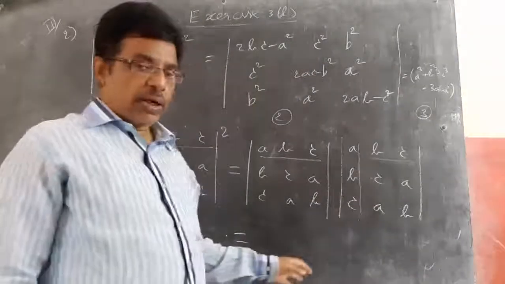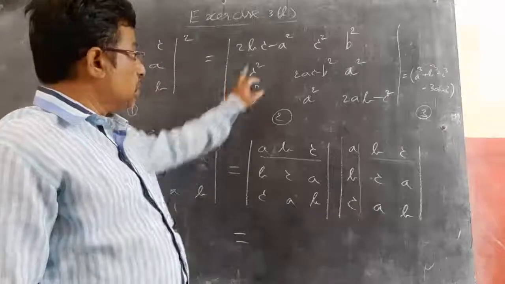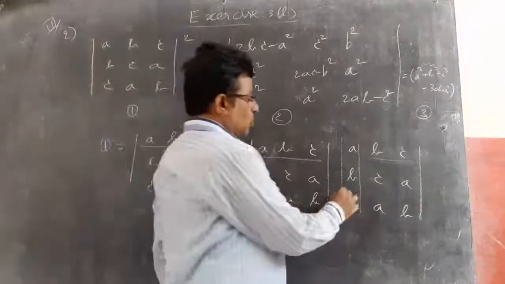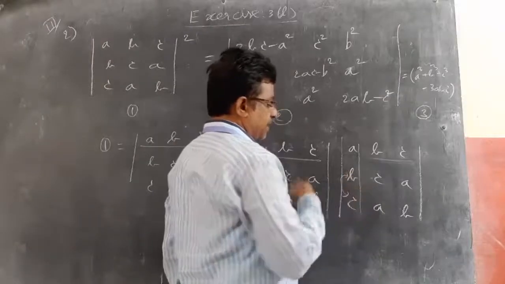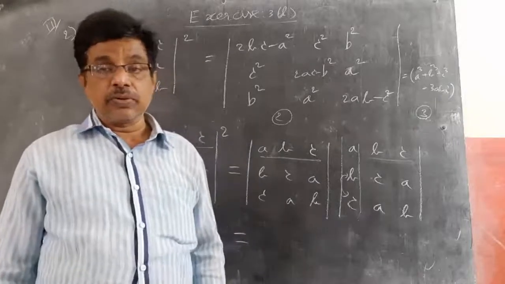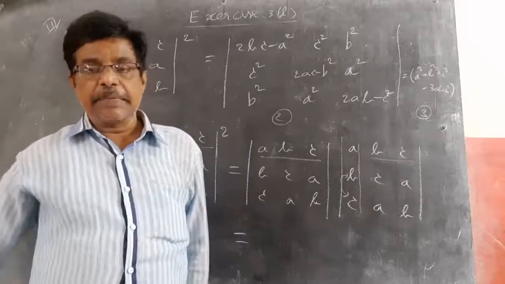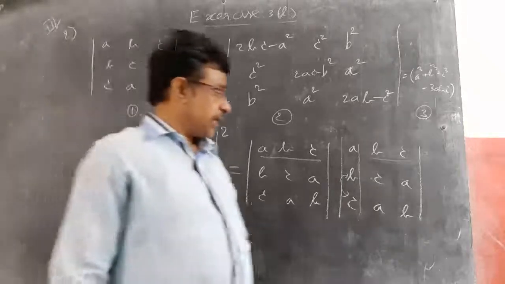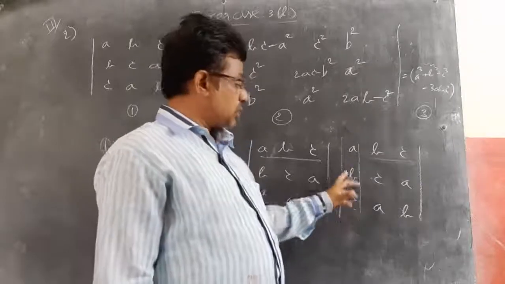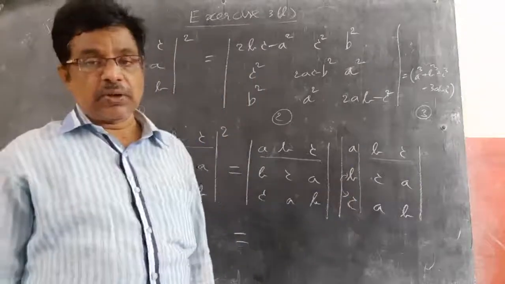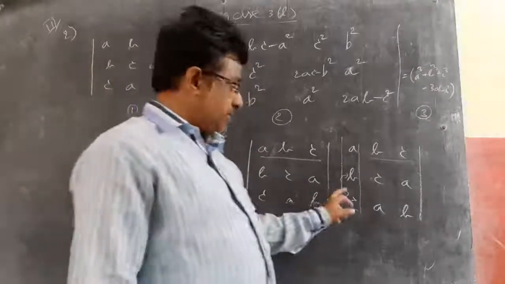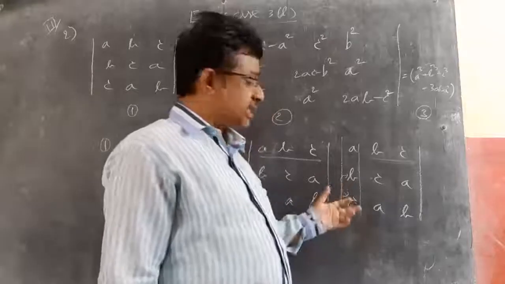So if you do direct multiplication, you won't get this result. To get this result, if I interchange these two rows, if I apply the property that when two rows are interchanged, its determinant is changed by the negative sign. That is the property number 6 or 7 we discussed. The number is not important, I told you the property. If any two rows or two columns are interchanged, then the determinant is changed by the sign. That is the property.